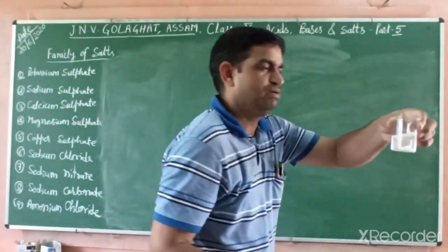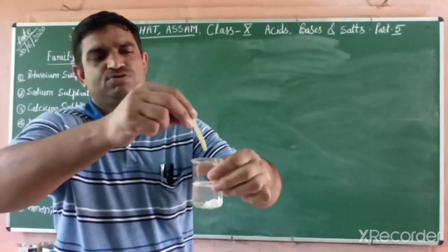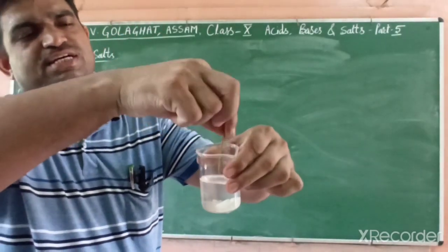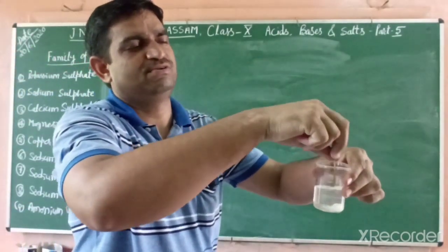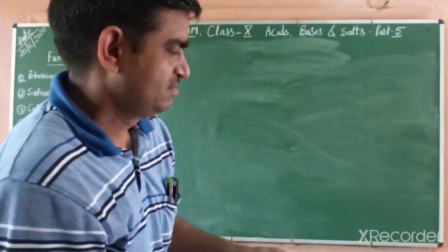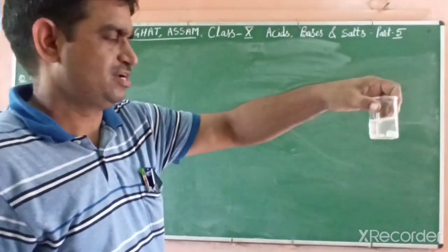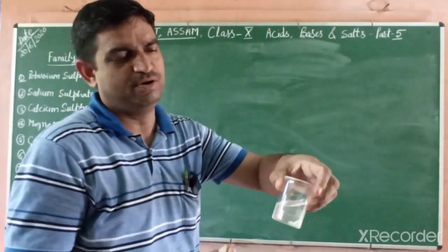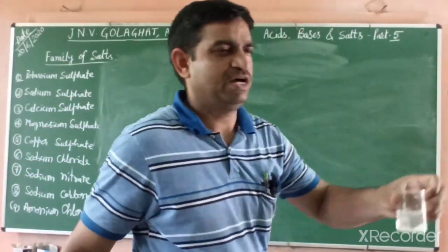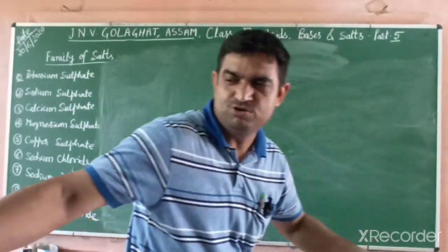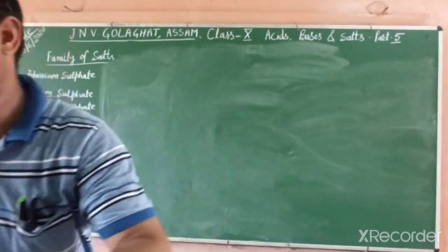Barium nitrate, but we want to check its pH. Its pH also shows slightly brownish color, means it is acidic because it is made by nitric acid, but it is not completely soluble. So salts are of different types: soluble, insoluble, or partially soluble. Such type salts are less soluble, or we can say partially soluble. And sodium chloride and copper sulfate are completely soluble.